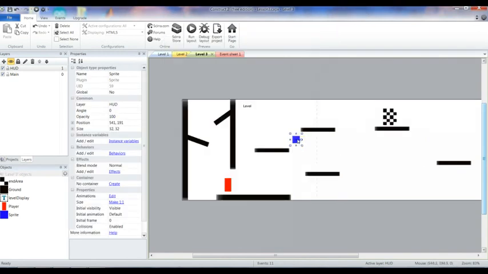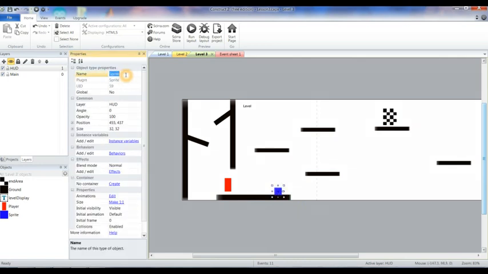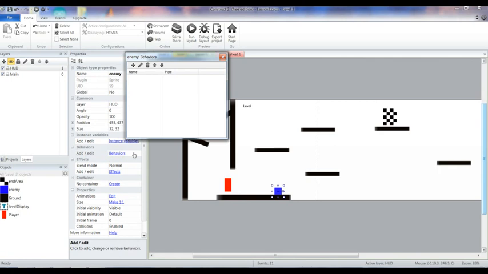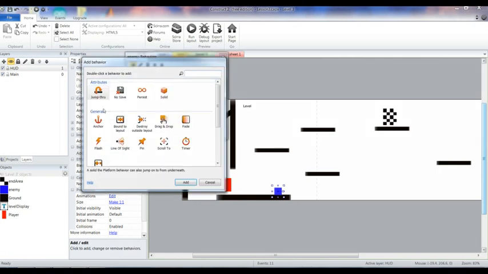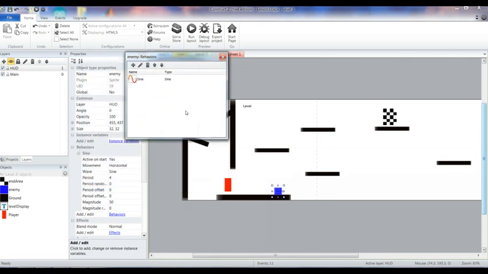And this object will be our enemy. We're not focusing on graphics now, but we'll get to it soon. Okay, so right here, let's rename it. And then let's assign it a behavior. We'll select sine behavior, add,